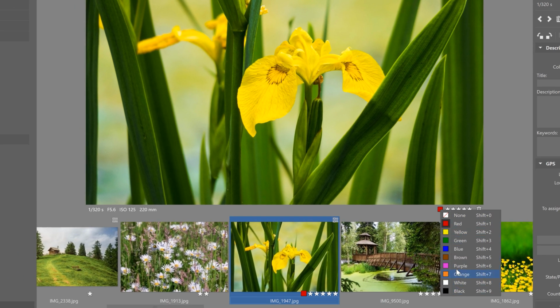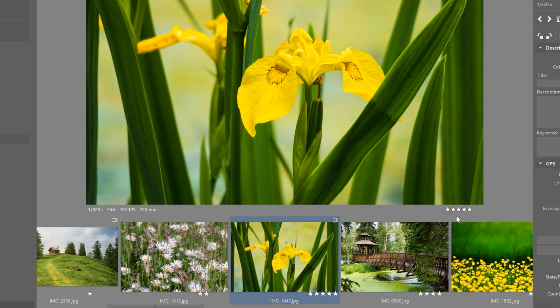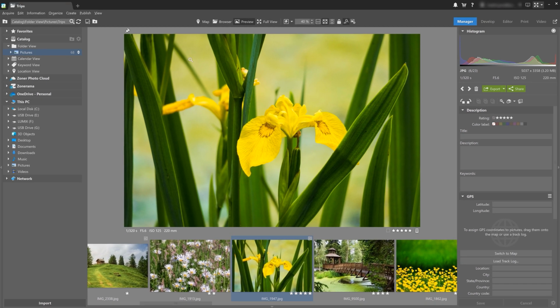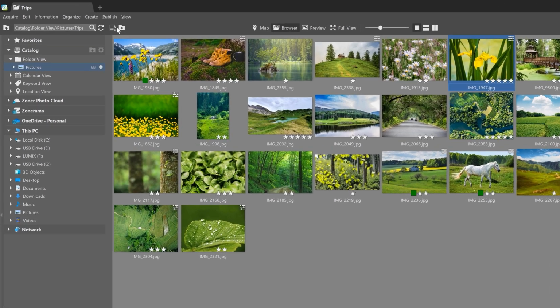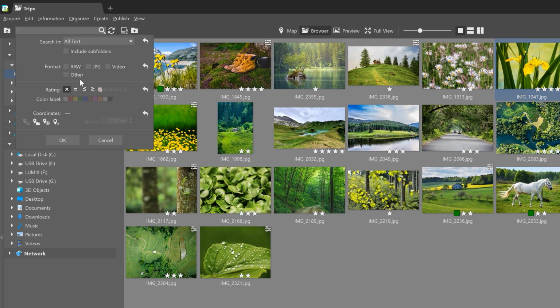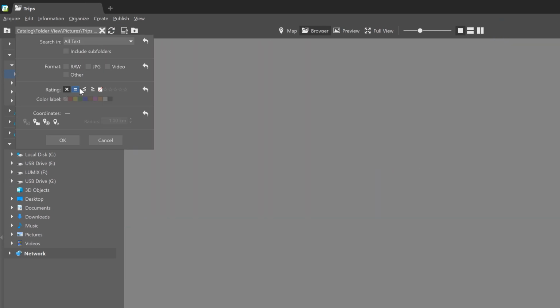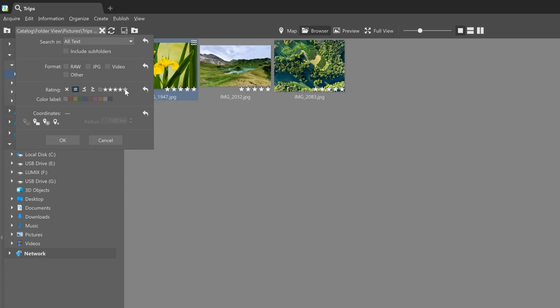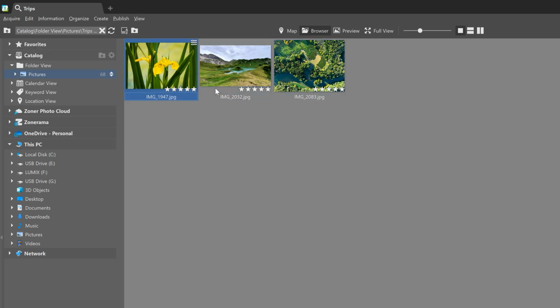And for example, adding ratings to your photos has the benefit of, say, when we're searching for the best photos and we use the 5-star allocation for that, then when we click on 5 stars in the search box right here, all of a sudden all of the photos with 5 stars will pop up and we can get right to posting them or whatever else we wanted to do with them.